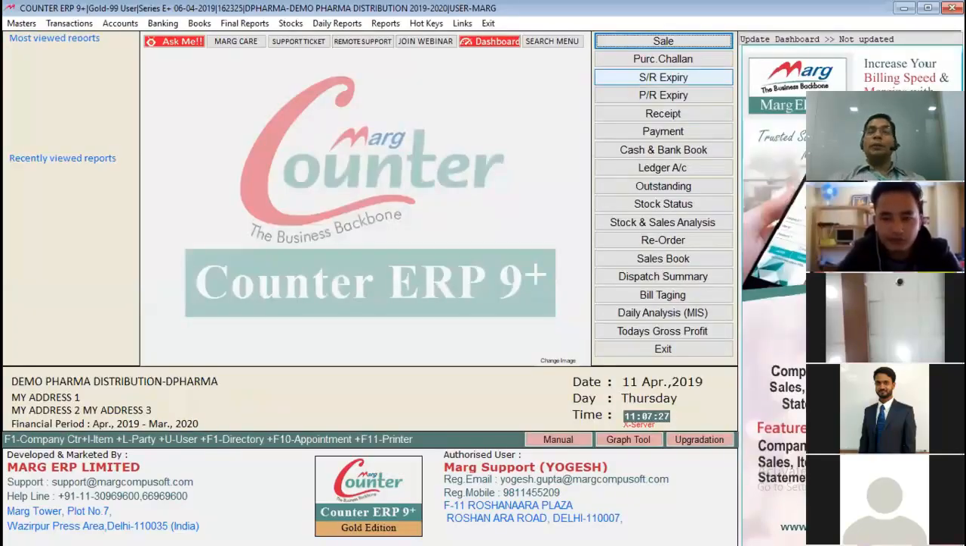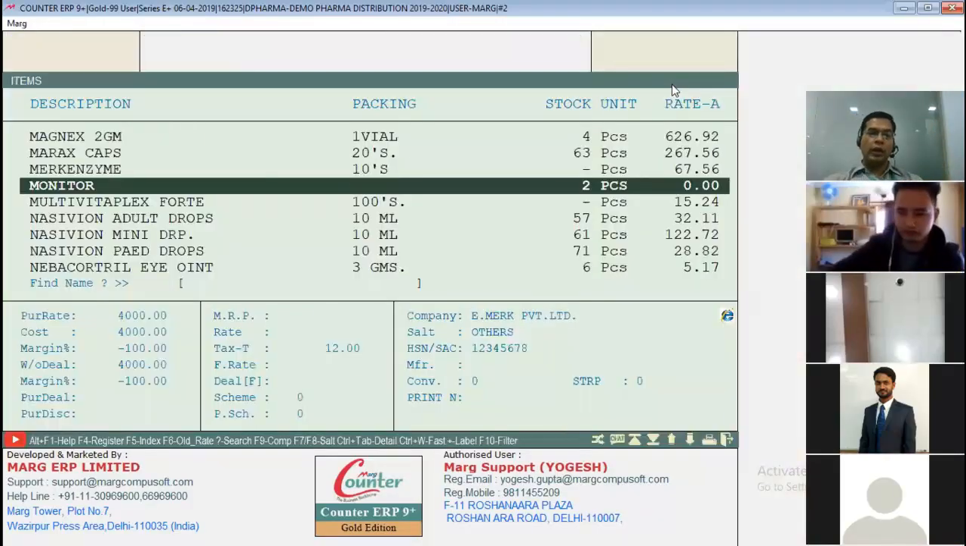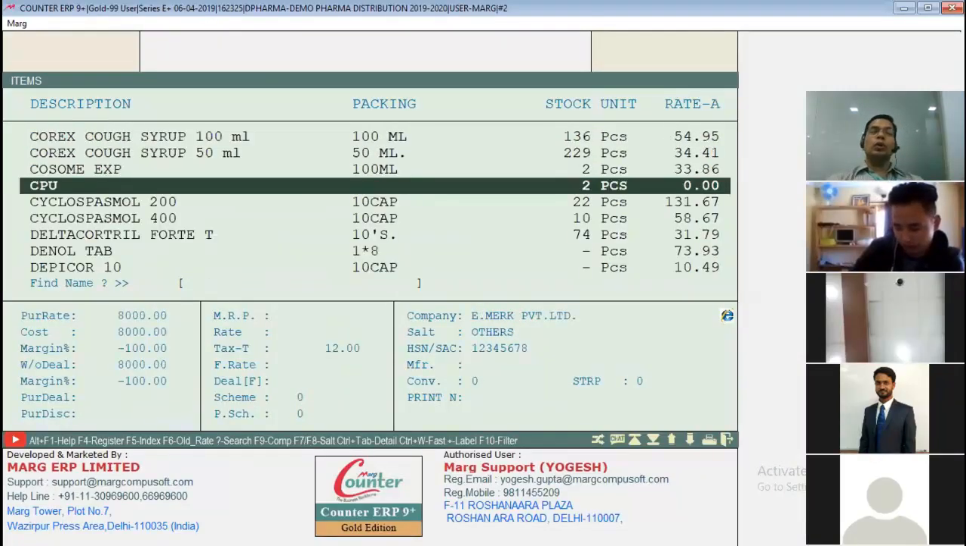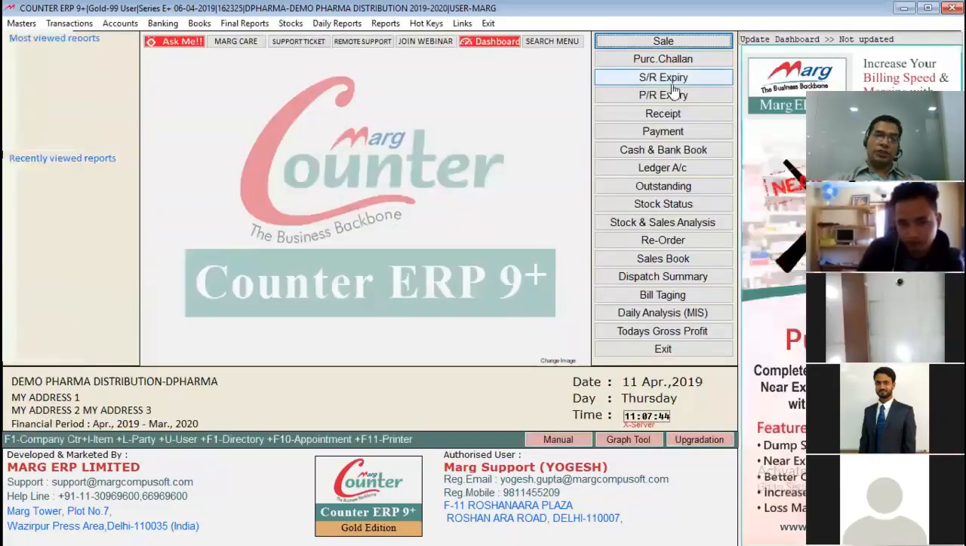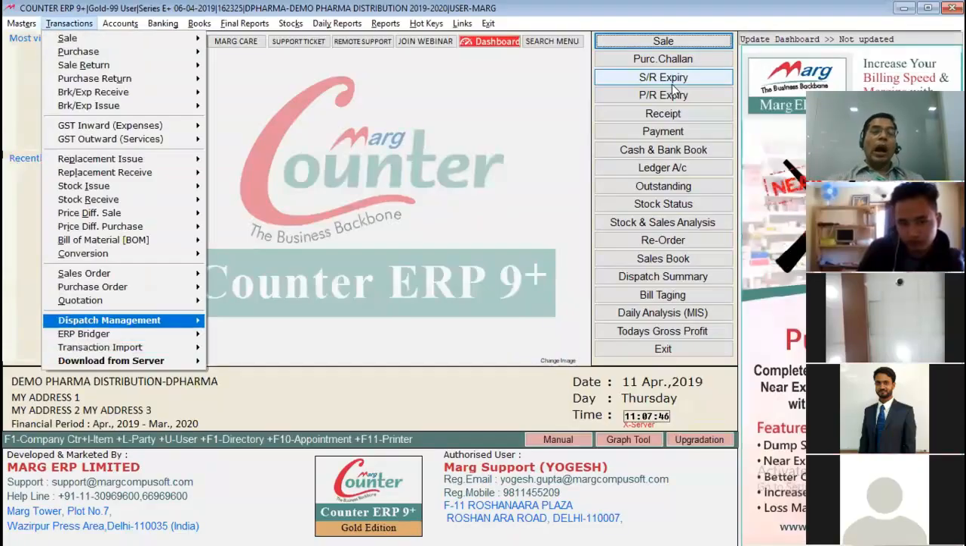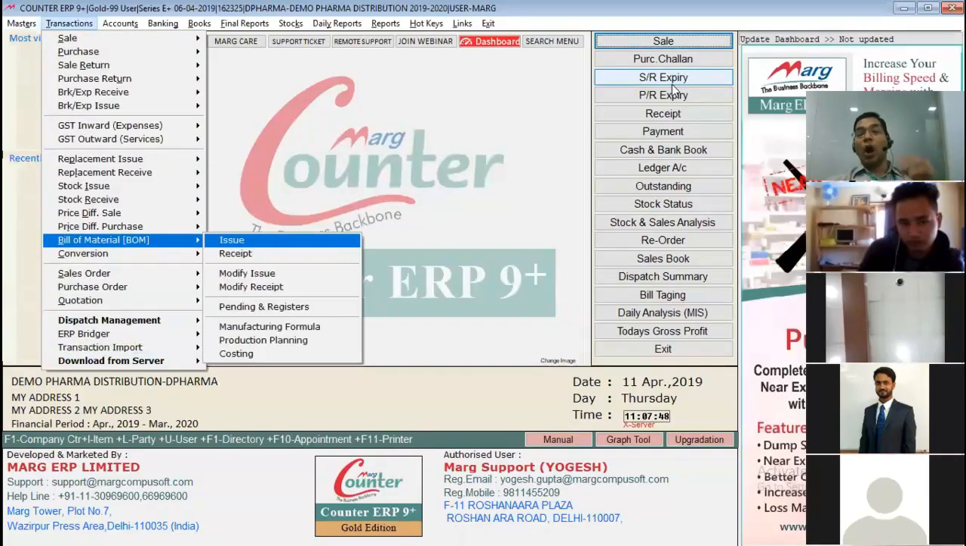Now let me show in my godown. Now all CPU, monitor should be 2. Control I. Look sir. Monitors are 2. CPU 2 and HDD 2. This is my second part finished. Now I have to tell my software how to create computer. For that I'll be going to